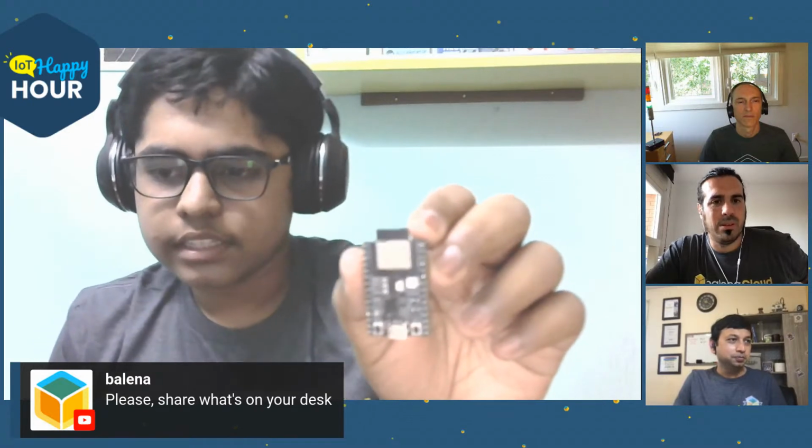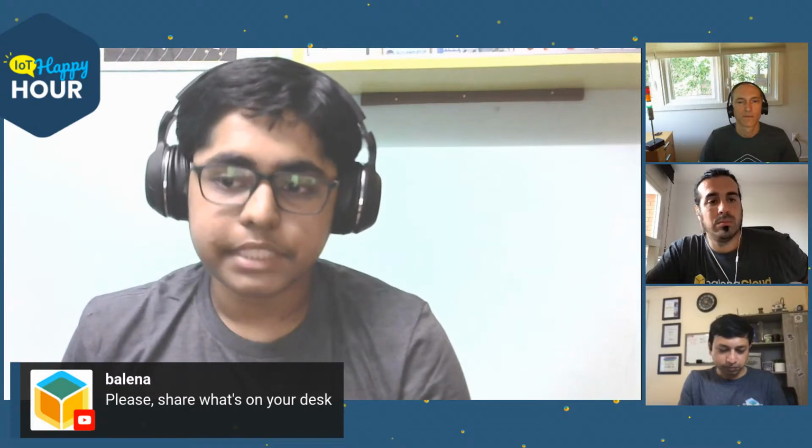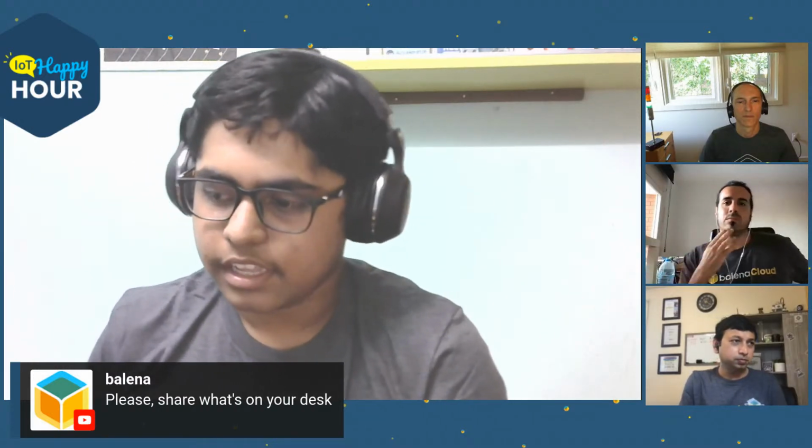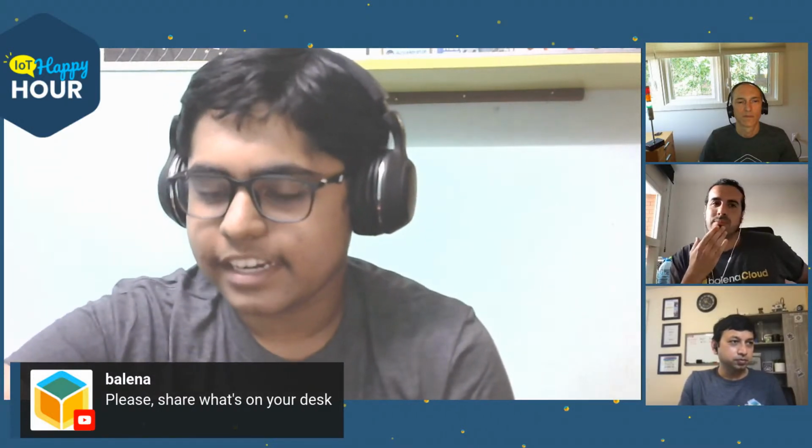This is the next generation of ESP32 boards, and it has an inbuilt RISC-V core inside of it. On top of which, there are also chances that you can even run Linux on it. There are some people who have experimented with it, and they have been able to run Linux on top of these small MCUs. Wow. Cool. Really cool.